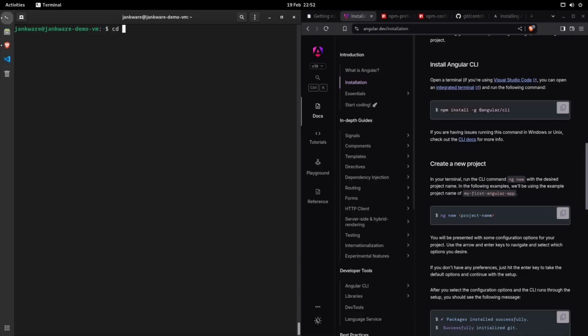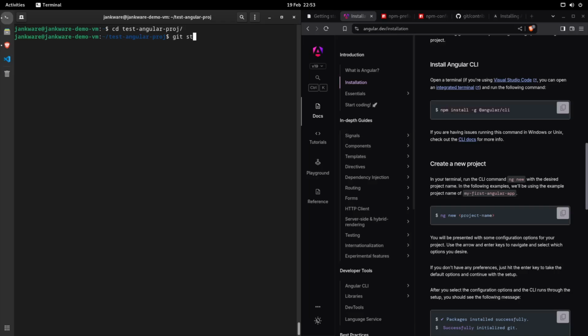So what would be nice is if we can get Bash to print the branch. When we're in a Git repository, it'd be nice if we could get it to actually print the branch that you're currently in, in your Git repo. So if we go to the git test Angular project,